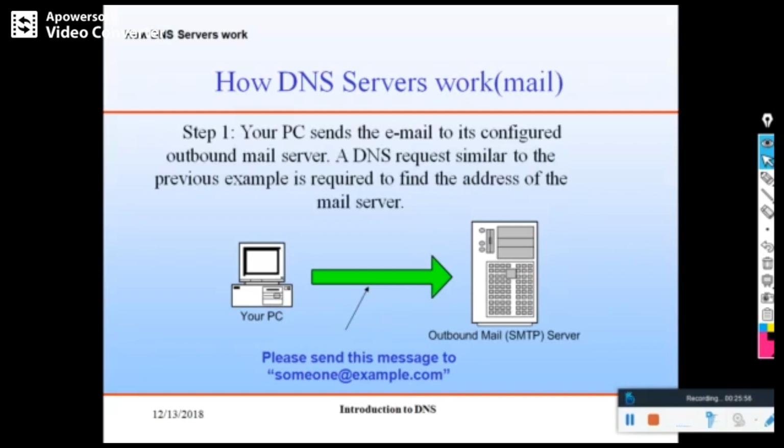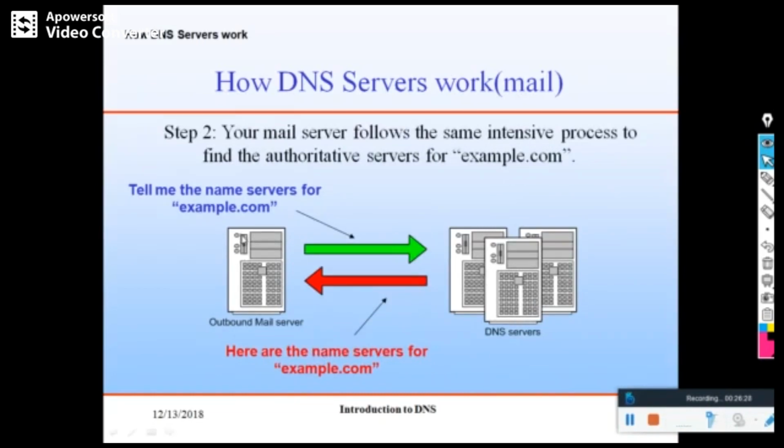Your mail address is, suppose, a@gmail.com. Then this mail is first stored in the Gmail mail server. That is called the SMTP server. From that server, it has to be forwarded to someone at example.com. How this works, we have to see now.